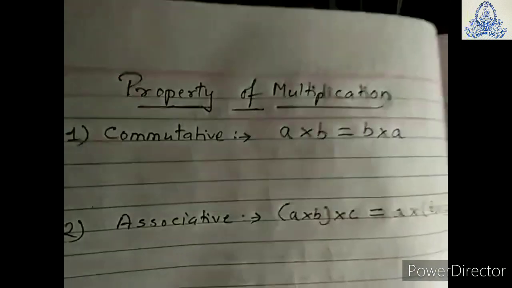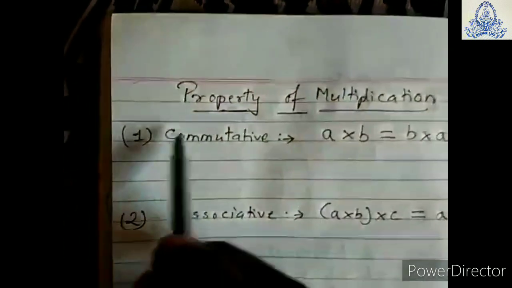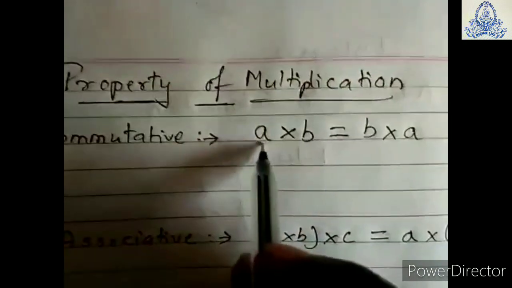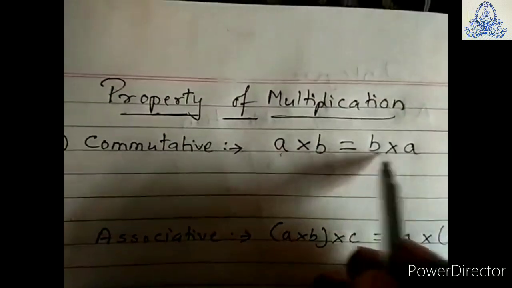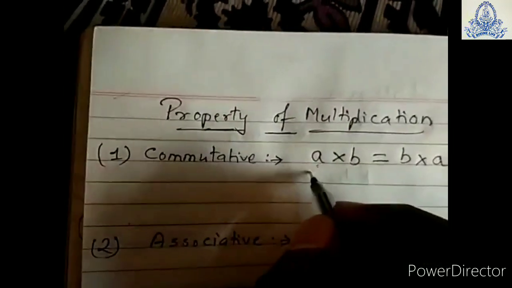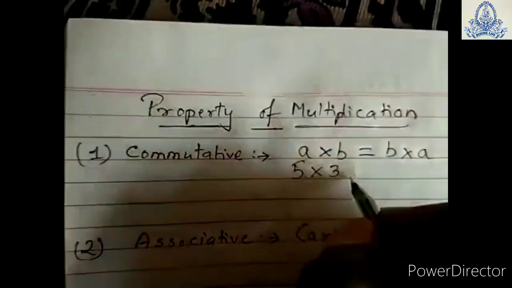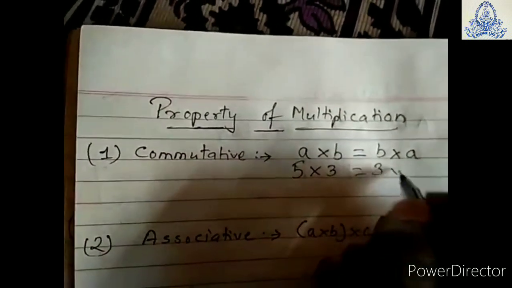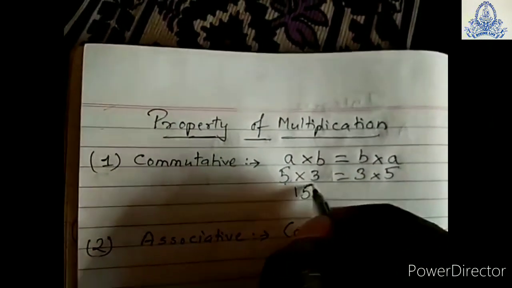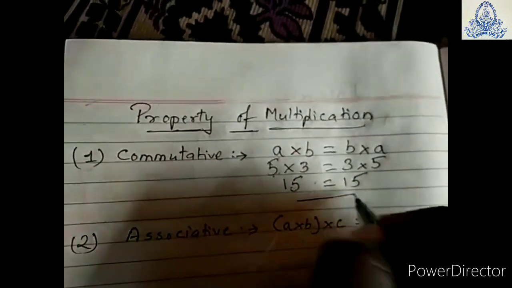Okay. Now students, after the properties of addition, today we will start the properties of multiplication. First is the commutative property of multiplication, that gives us A multiplied by B is equal to B multiplied by A. If we put in numbers we can understand more easily. Suppose I take A as 5 and B as 3, so 5 multiplied by 3, or 3 multiplied by 5 on the right hand side. 5 multiplied by 3 we get 15, and the same, 3 multiplied by 5, we also get 15. So the same number on both sides.